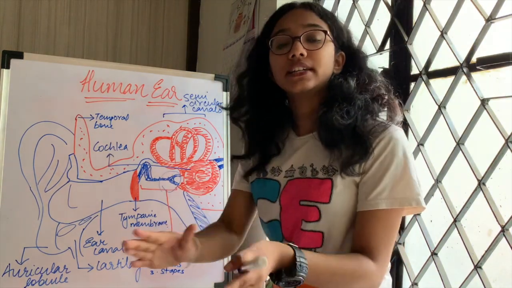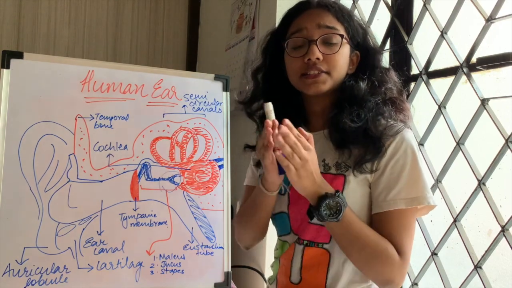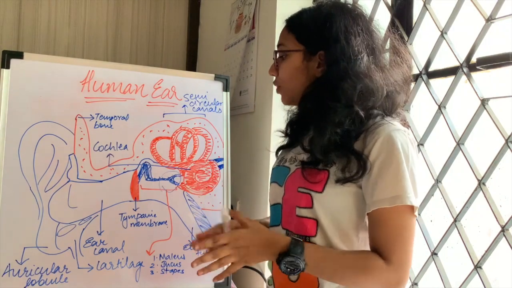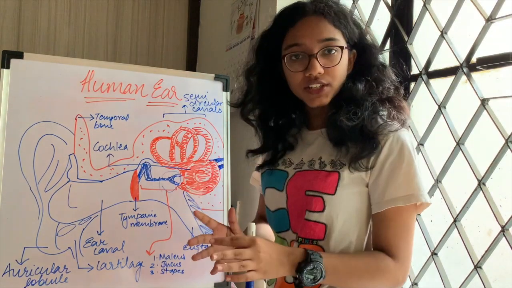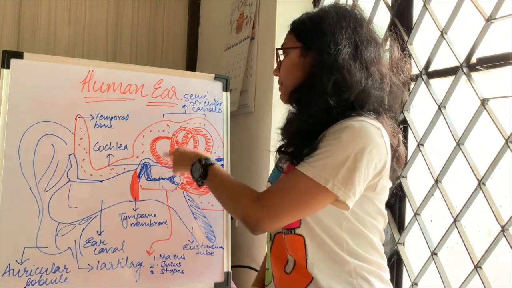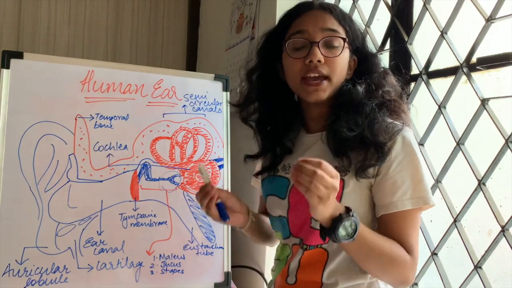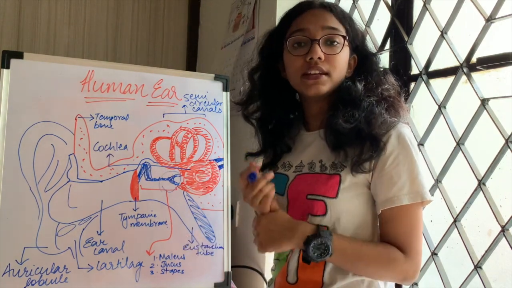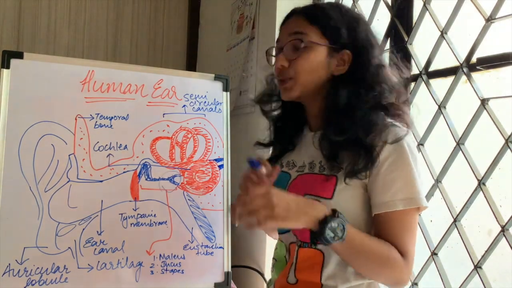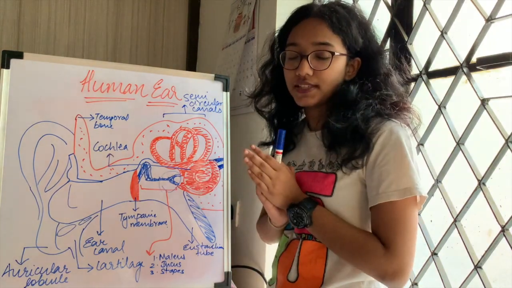Now let's come to the inner ear. I will be taking a detailed session about the inner ear, its components and how sound is produced, in the next class. But for now, let's just learn about the basic parts of the inner ear, that is the cochlea and the semicircular canals. This is known as the vestibular apparatus and it's very important for the maintenance of balance and posture of the body, and for producing sound, which is majorly produced in the cochlea with the help of some pressure differences.